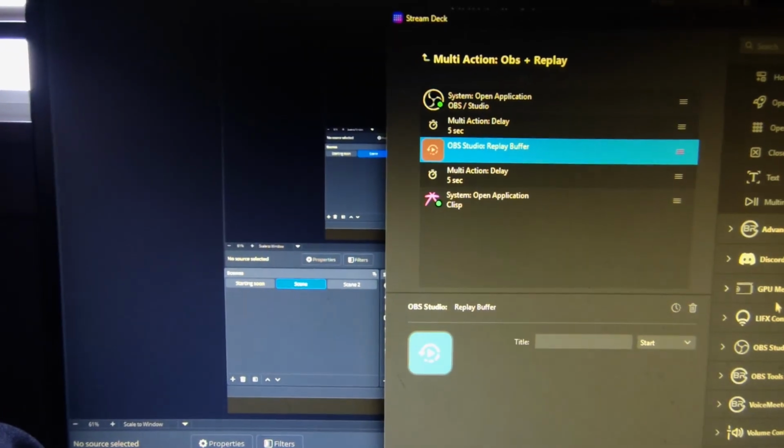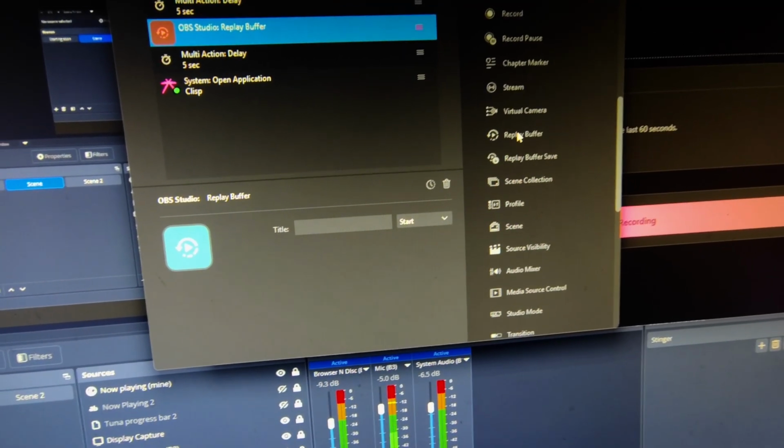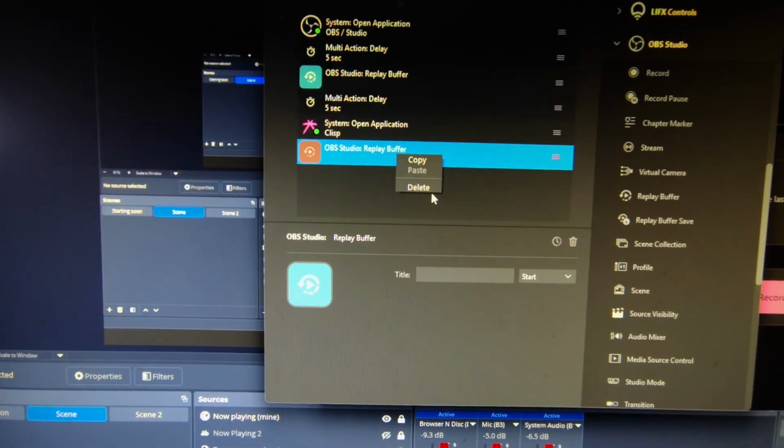I have a custom plugin that you can find on the Elgato store that works directly with OBS. It has a bunch of buttons that are fully integrated. I don't even think there are any options. They just work off of their description. So yeah, this button,